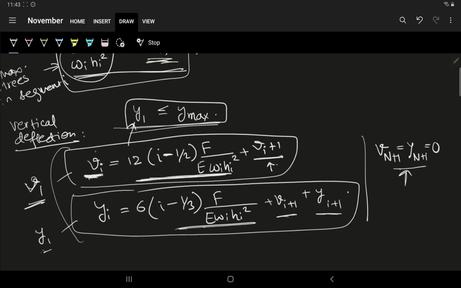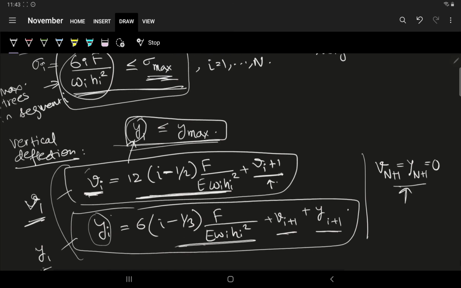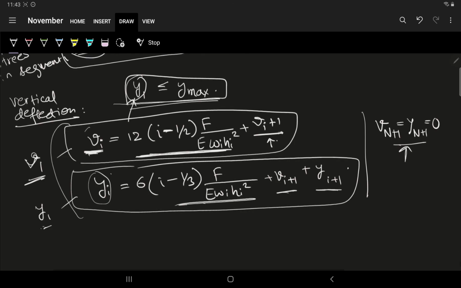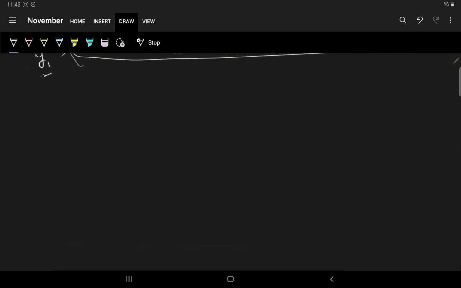So another thing to note was that these are all polynomials, so the inequality is a polynomial. That's why I was stressing on this part, because we need to write it in a GP form, so we have to have the inequality constraints as polynomials. So the GP will be: minimize the